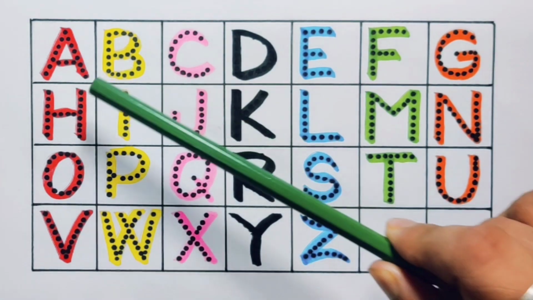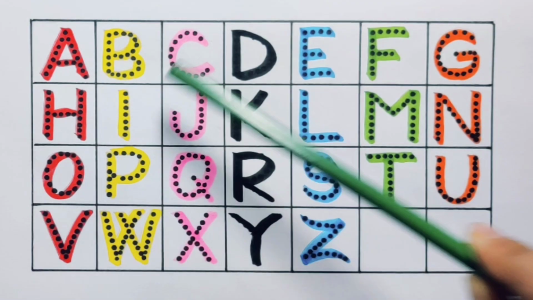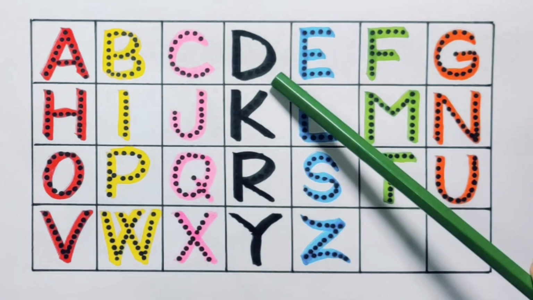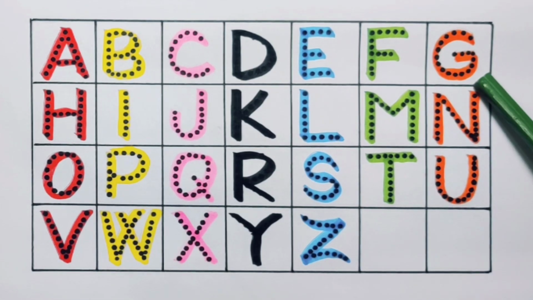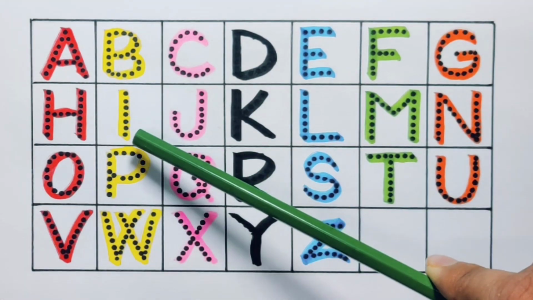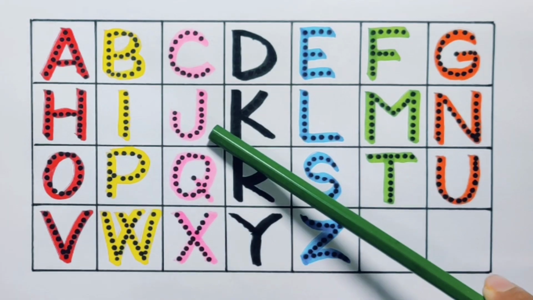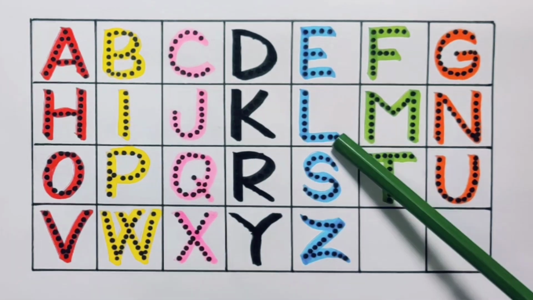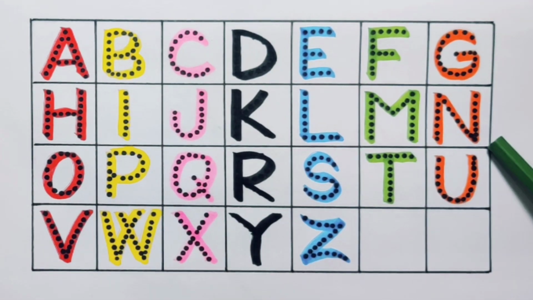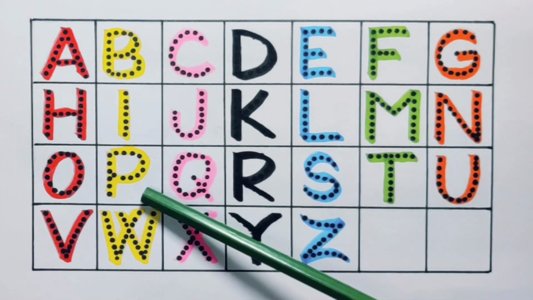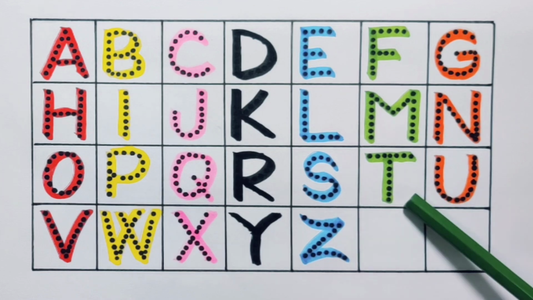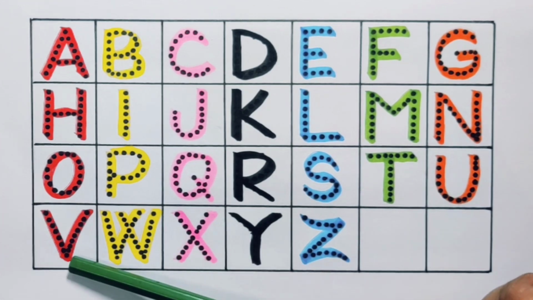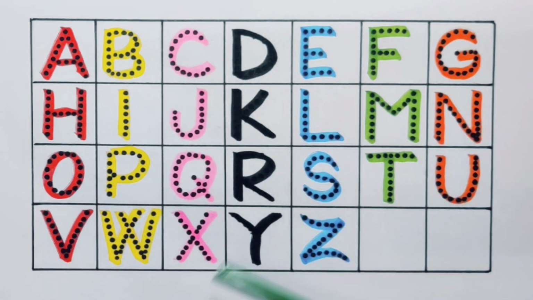We learned A for apple, B for butterfly, C for car, D for dolphin, E for elephant, F for flower, G for goat, H for hand, I for ice cream, J for jam, K for king, L for light, M for mouse, N for nuts, O for octopus, P for peacock, Q for queen, R for rose, S for sun, T for time, U for umbrella, V for vegetable, W for water, X for X-ray, Y for yo-yo, and Z